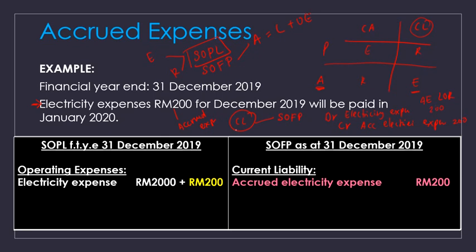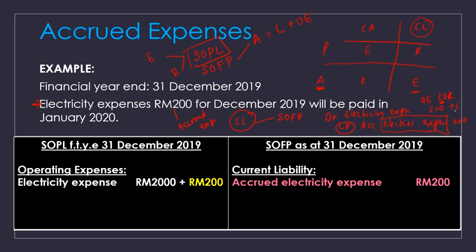Sini dah tahu current liability, so maksudnya liability increase. Bila liability increase, you kena creditkan dia. That's why I creditkan accrued electricity expenses. And then you akan debit je account electricity ni, buang je accrued tu. Kenapa? Sebab maksudnya kat sini, bila you debit electricity expenses, it means that expenses you akan increase. Itu effect dia.